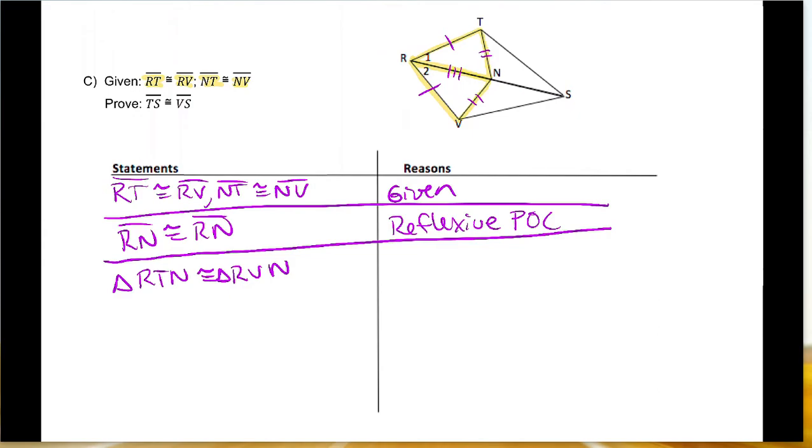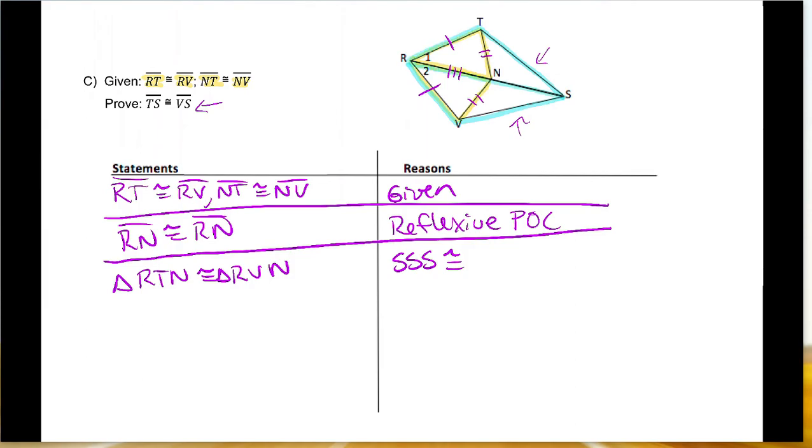Now, I know that these 2 triangles do not have what my goal is. My goal is to get TS and VS. But what I did was I proved the triangles I was able to prove. Now I'm going to think about how can I use the triangles I just proved to incorporate them in a way that will get me another pair of triangles that has the pieces I want. So I want to have TS and VS. There is a way with using the triangle pair on the right side to get there, but it's not the easiest route. So I'm going to be using the full big triangle on the bottom and the big triangle on